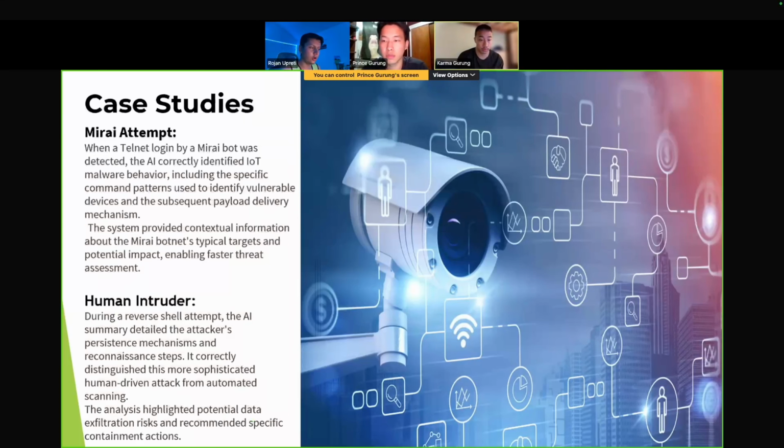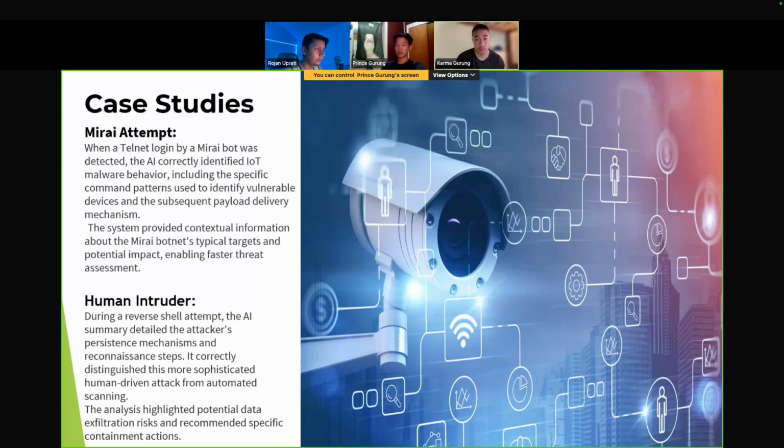All right, so here are a few case studies. We tried some ethical hacking just to test our systems. When a Telnet login was accomplished by a Mirai bot, the bot was detected, and then the AI that we integrated into our system